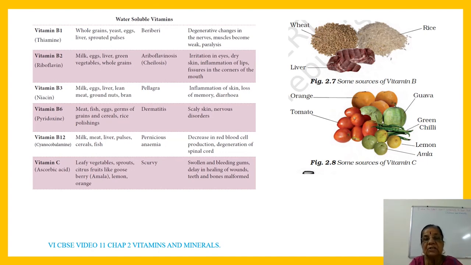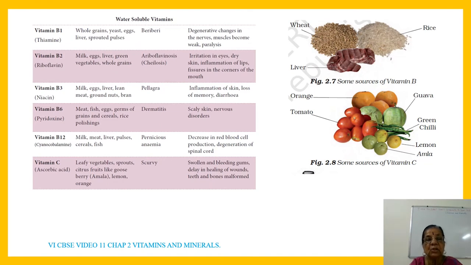And it decreases RBC, red blood cell production, and causes degeneration of spinal cord. And vitamin C, ascorbic acid: leafy vegetables, sprouts, citrus fruits like gooseberry, nellikai, amla, lemon, and